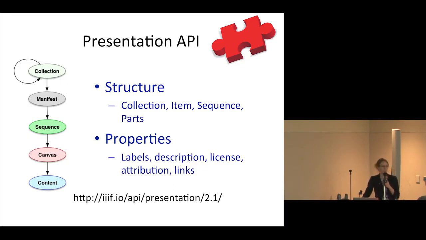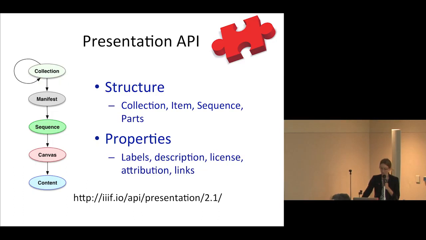And a quick overview of the presentation API. For each object that you're representing with IIIF, it will have a manifest. So for example, a book would have a sequence of pages. The presentation API basically just provides structure and labels and descriptions and other contextual information about the object and